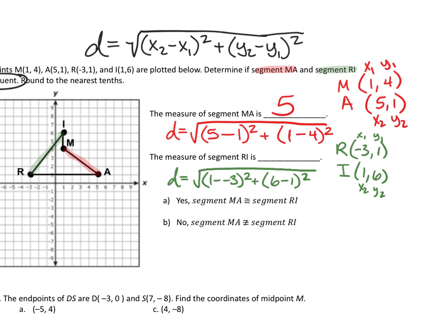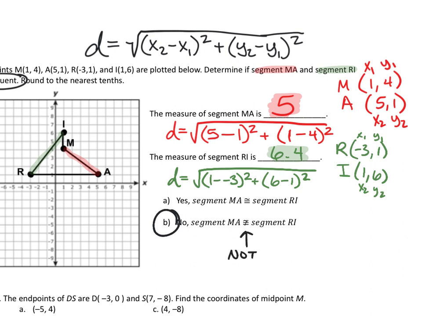All right, so we've plugged it all in. When we press go on our calculator, rounded to the nearest tenth, we should get 6.4. So all this work, remember, we're doing this problem to decide if the two segments are congruent. And we said earlier that congruent means the same length. This should be really easy to answer. Are these the same length? No. So we say no, the segment MA is not congruent